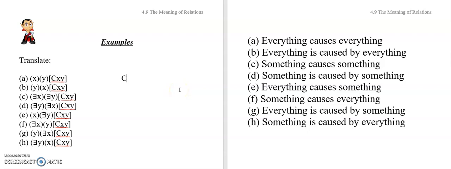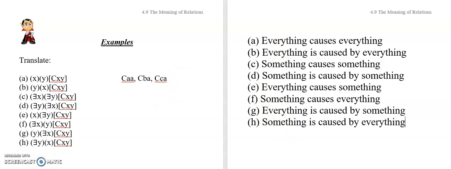Well, it would be a case like, let's do CAA, CBA, and CCA. All right, so in this case, A is caused by the object A. A is also caused by the object B, or the event B, I should say, and A is also caused by event C. So all of the events A, B, and C are causing this one event, A. So something, namely event A, is caused by every event. Okay? So that's an interesting idea here, and that would be a situation where that would be true. Interesting stuff. Let me try to bring out the differences between some of these a little bit more here.